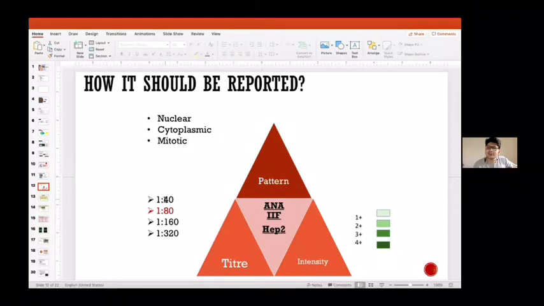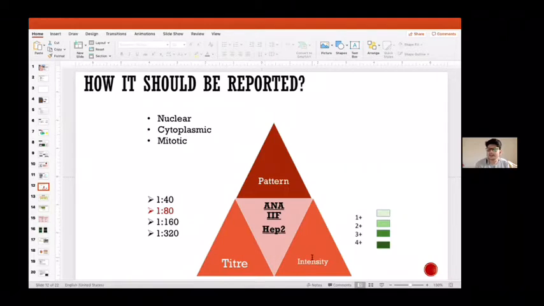Second most important is the titer. Because if I dilute too much of the blood, then the test significance will go. Or if I do not dilute enough, then also it might be a problem. So it is a 1:40 dilution, then 1:80, 1:160, 1:320. For ANA by immunofluorescence, 1:80 is the standard dilution, and if an MCQ is asked, this is the answer, 1:80. As per all the guidelines in the world, 1:80 is the titer at which we should do ANA.